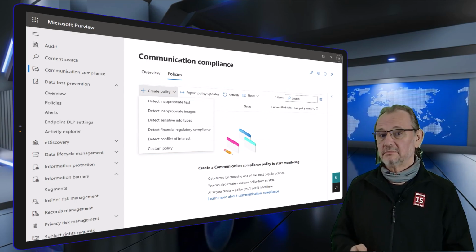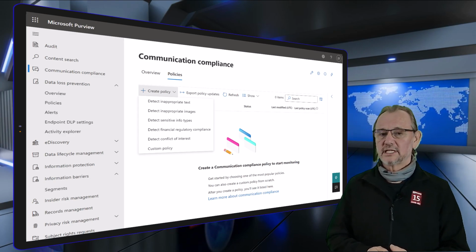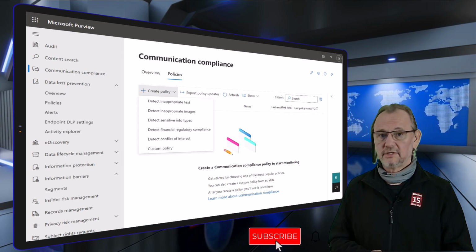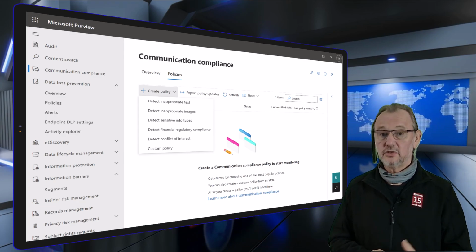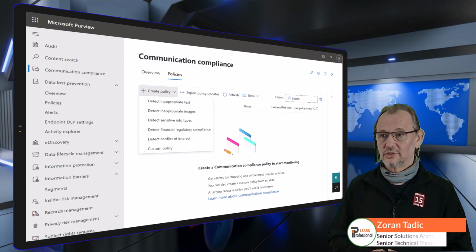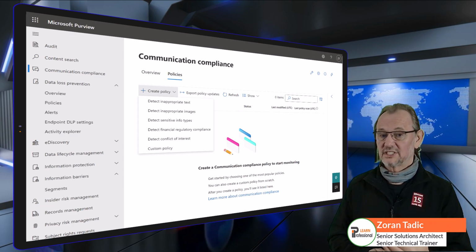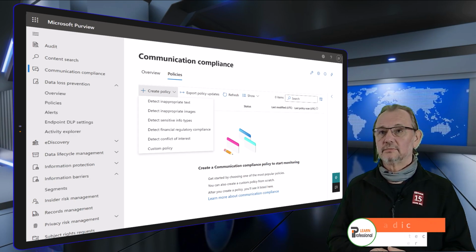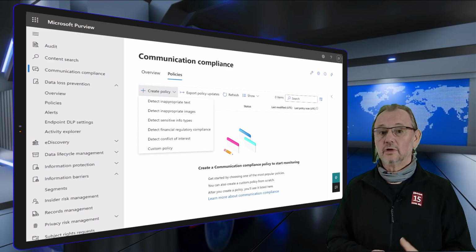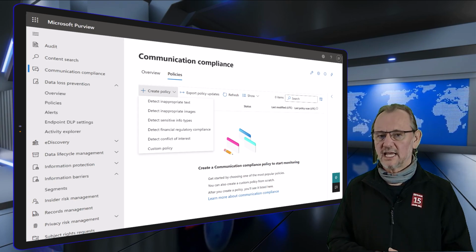So they can be examined by designated reviewers. Reviewers can investigate and scan email, Microsoft Teams, Yammer, and third-party communication in your organization, and take appropriate actions to make sure they comply with your organization's message standards. Communication compliance policies in Microsoft 365 help you overcome many modern challenges associated with compliance and